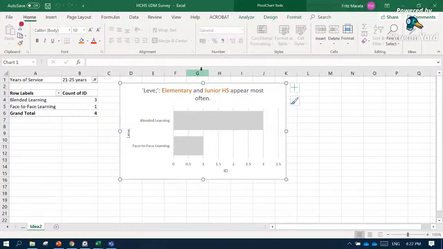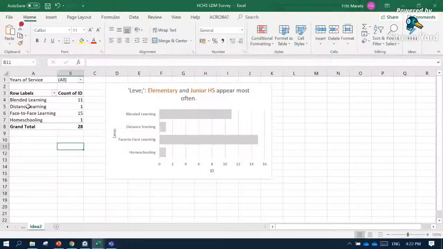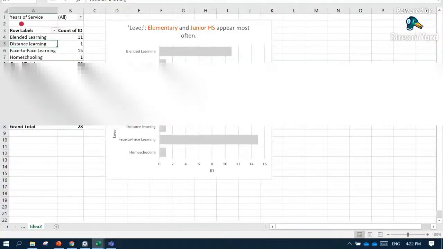So how to use slicers to filter the data in the pivot table in an easier way. You will just click any cell in the pivot table and then go to the Analyze tab at the top, and under the Analyze tab is Insert Slicer. You will click Insert Slicer, and there you have the headings of our source data, automatically detected by the application.